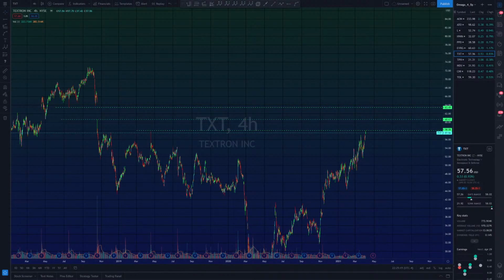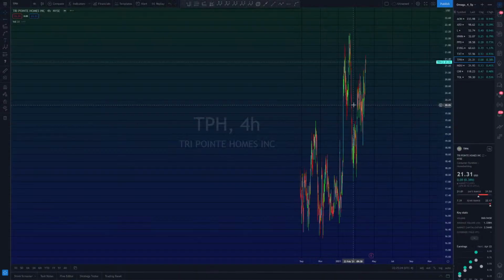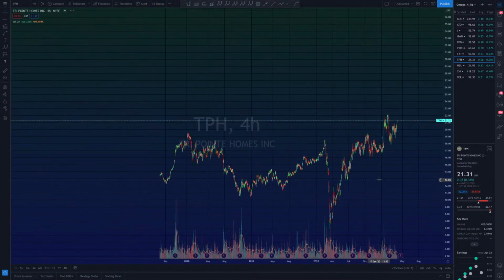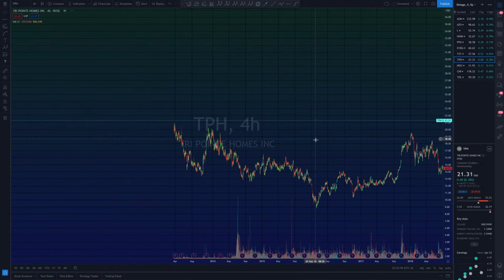I'll throw this one in the trader ideas for people to see. I like this one, probably one of the better ones that the Omega found. TPH, this is just the ones that I found today. So Tri-Point Homes,